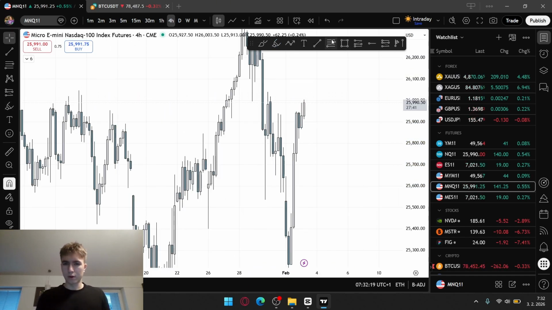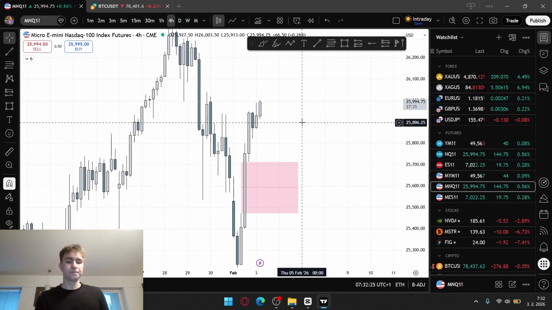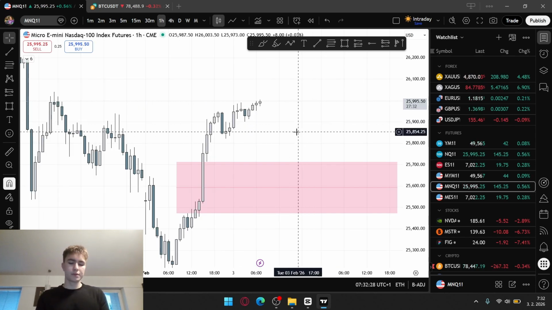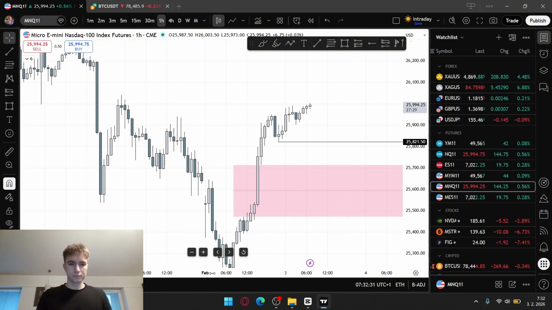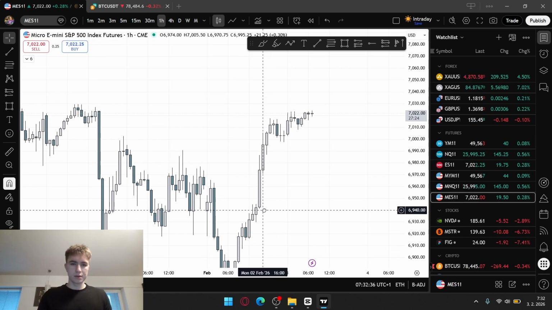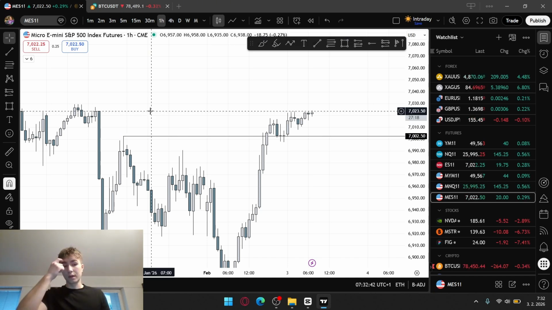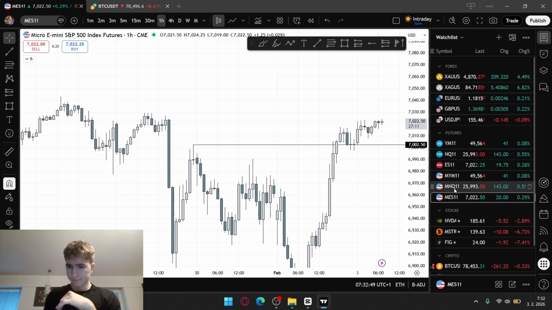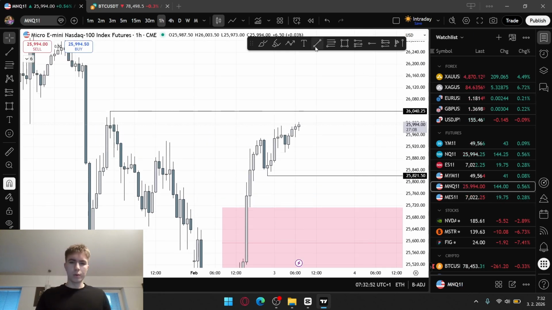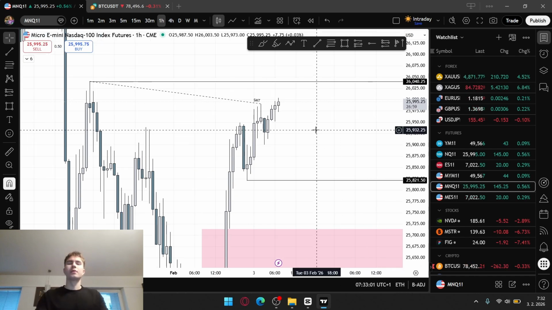Let's actually go to 4 hour. Yeah, we have a 4 hour fair value gap that is unmitigated. We also have this sell side level. We have this buy side level, and we check for SMTs. Oh, you see, this buy side level that I just marked up on NQ got already swept on ES. So we created an SMT here. With this SMT, I would now be looking for shorts,